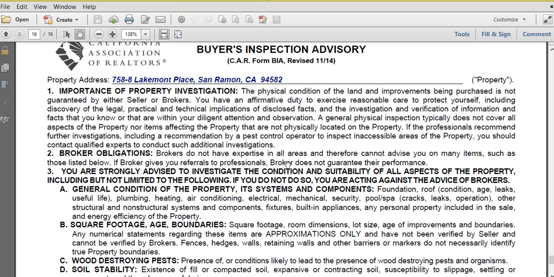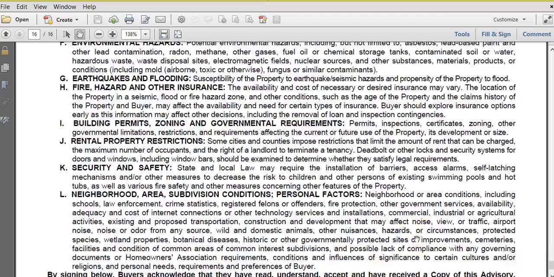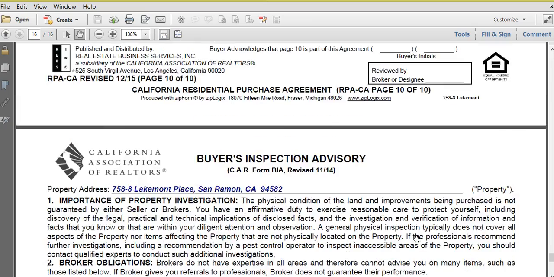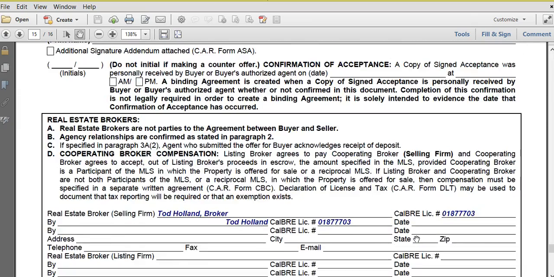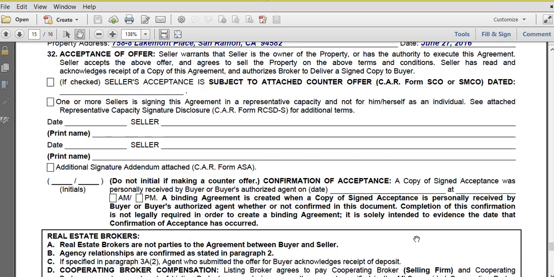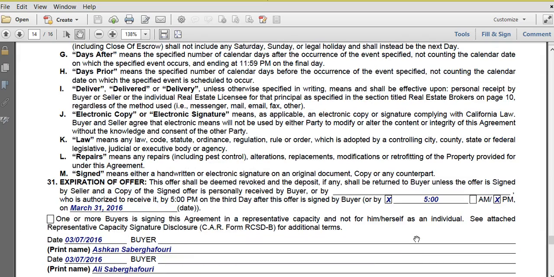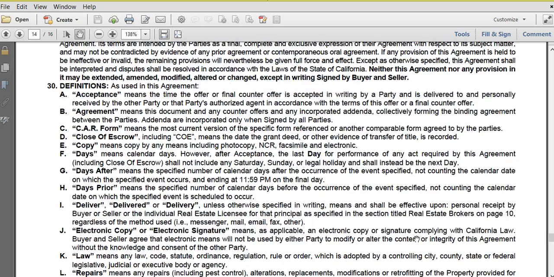Okay, I've talked for exactly 17 minutes so far. I know this is a long video. If you've made it this far, I applaud you. I know it's a lot of information. Feel free to read through this at your own pace. There's no reason to rush or anything like that. When you're ready and you're willing to sign, tell me, and I'm going to send it over with the signatures there.